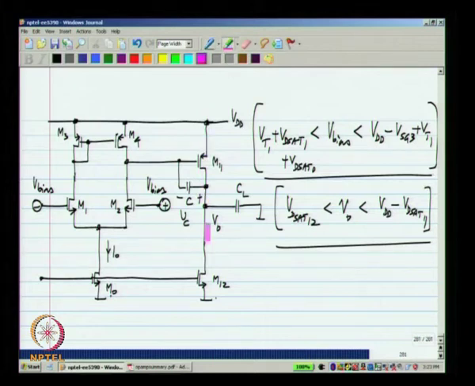So, you can see that this kind of output structure, where we have a single transistor connecting to the supply voltage and a single transistor connecting to ground, will give the maximum possible swing limit. It can go within a VDsat of the upper rail and within a VDsat of the lower rail, which is ground. Okay. Now, in general, this is the maximum swing that is possible in an integrated circuit. This is the maximum possible swing in a transistor circuit. Okay. Now, there are some special circuits where the voltage can go above the supply rail or below the lower supply rail. We will not consider that. In general, you have to leave at least one VDsat room on top and bottom. Okay.